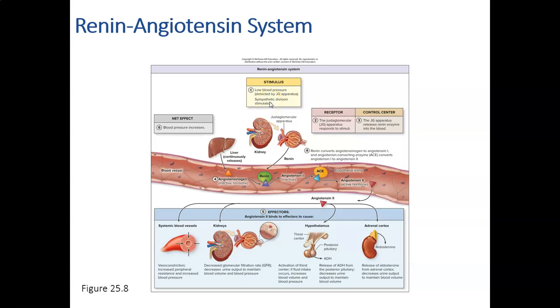Another trigger: remember, the granular cells are stimulated by the macula densa cells of the DCT. That's why we have this apparatus. The macula densa cells can sense, in the distal tubule,